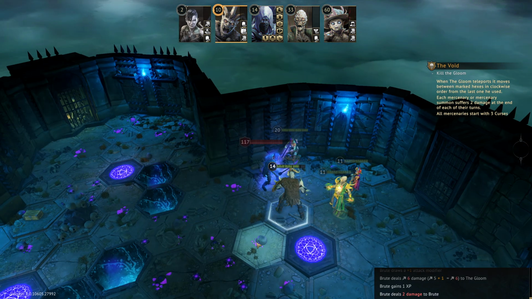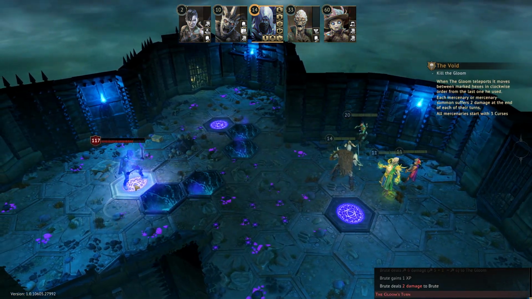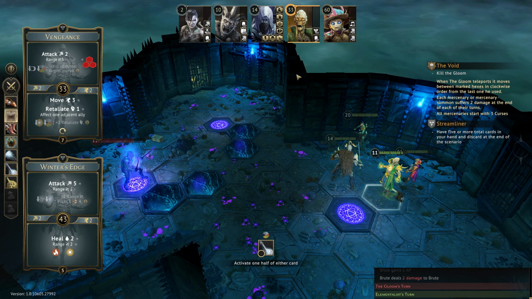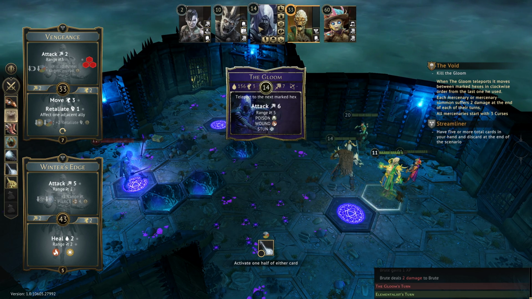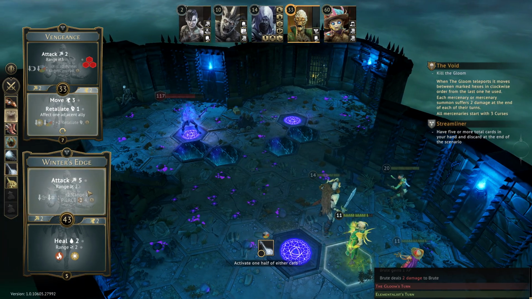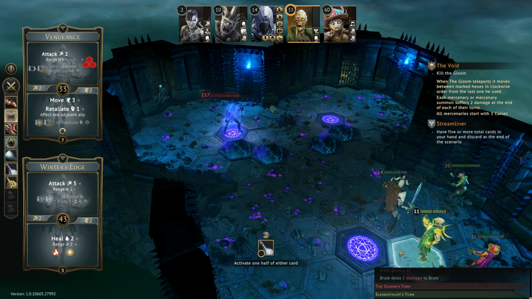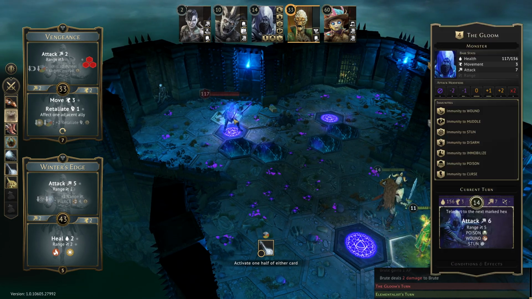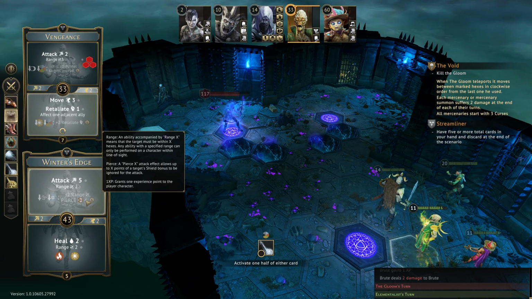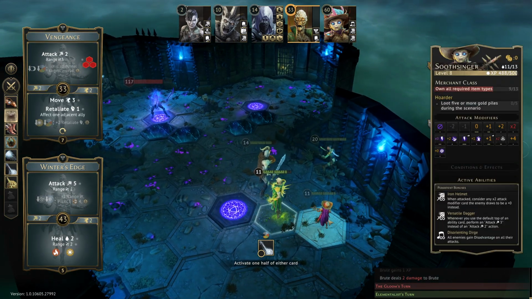Take 2 damage. They are teleporting to this one. But they weren't within range 5, so they did not get to attack us. Attack 5, range 2, move 3. 1, 2, 3, not within range 2. Attack 2, range 3, but we can't get there, so let's